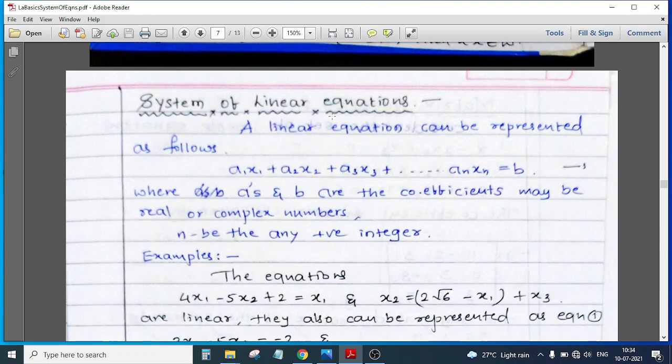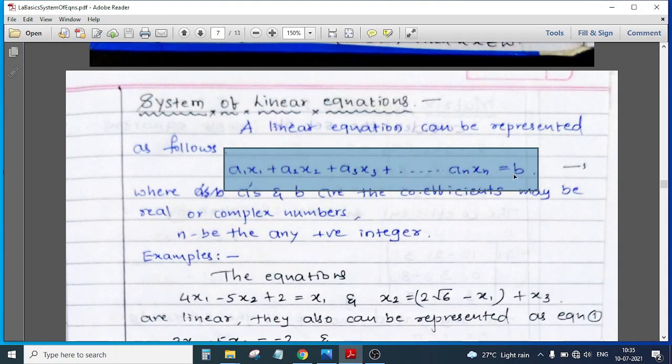Forming the basis of the previous video, today we'll try to understand what this system of linear equations is. Now, what is a linear equation? The first question which arises is what is the meaning of a linear equation? So an equation which is represented something like this, you can observe here, that is a1 into x1 plus a2 into x2 plus a3 into x3 plus up till an into xn, and which is equal to b.